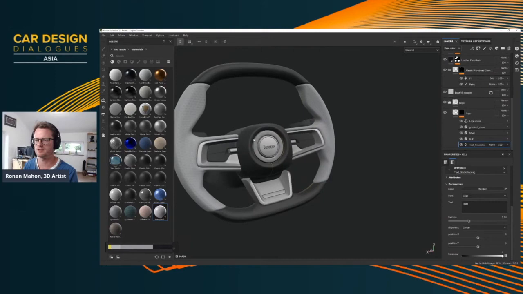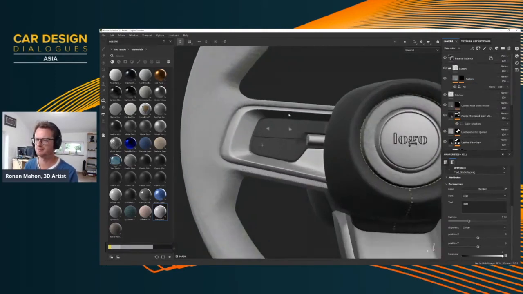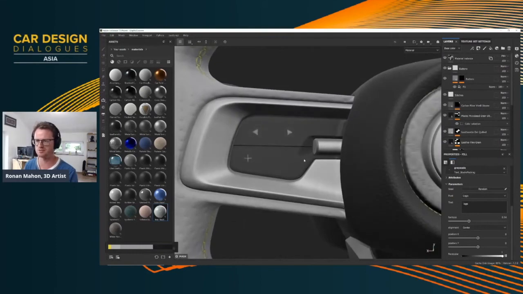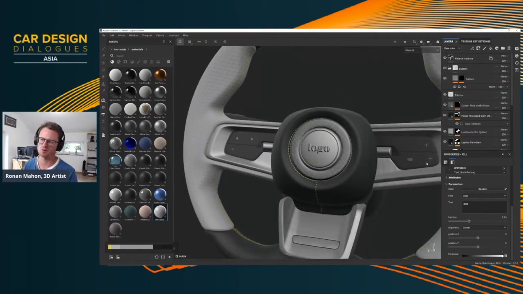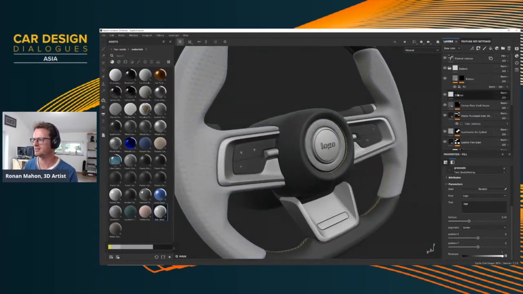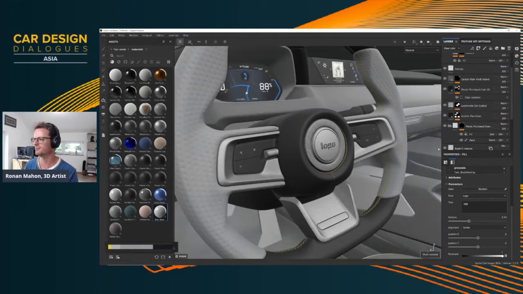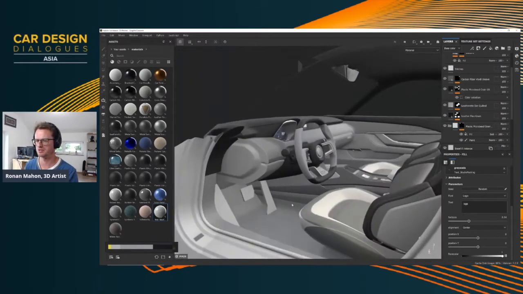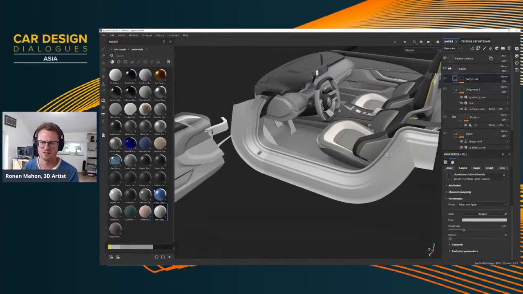Steering wheel is looking pretty nice. I think I ended up right now in the project, I'm starting to add some buttons. Obviously, they're not finished. I'm just using all the same ones all over the place, so this probably wouldn't fly. But you can see, just a couple of layers very quickly, and my asset has almost textured itself. Let's come over to this door trim, and maybe let's go to paint, perhaps.